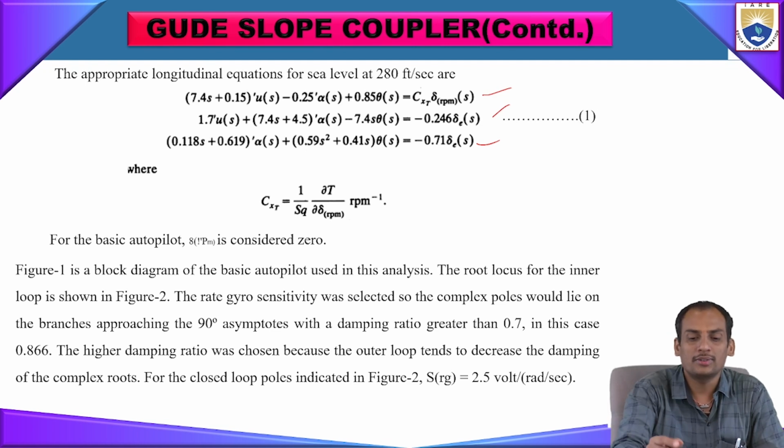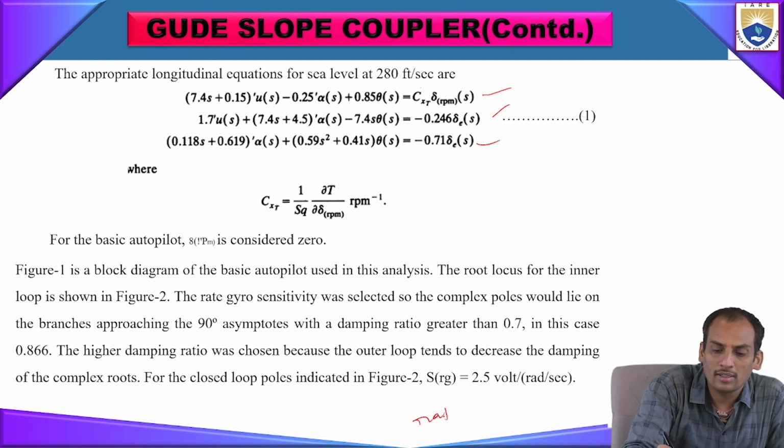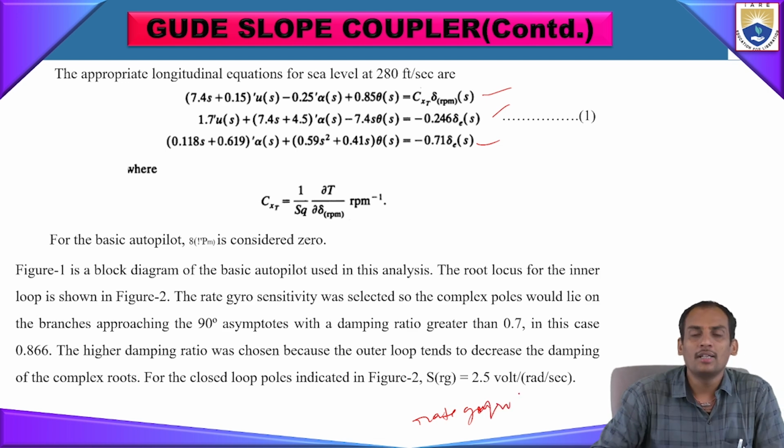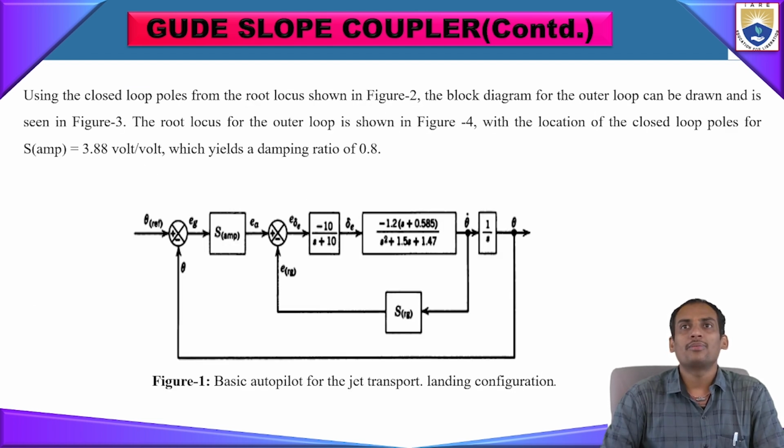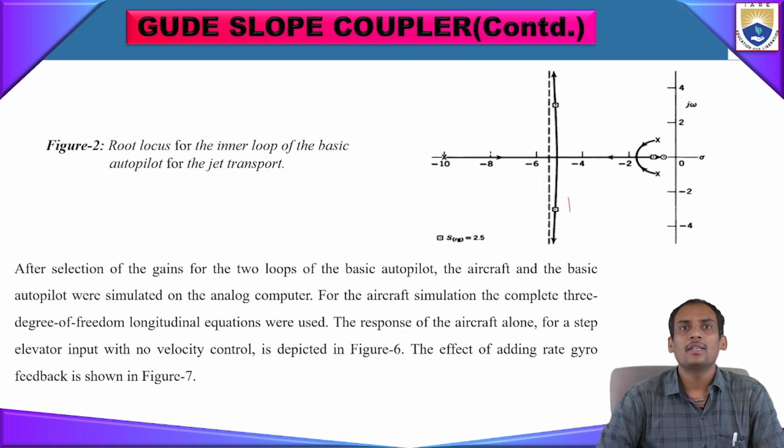So rate gyro values, that SRG means rate gyro values. So the rate gyro values are almost 2.5 volt per radian per second. For this, the root locus has been given here, after selecting the two lobes of the basic autopilot,